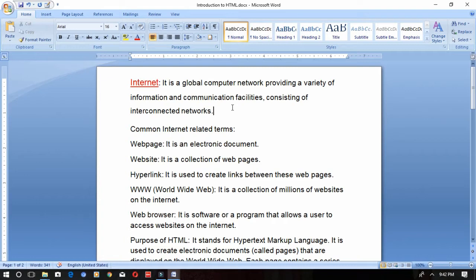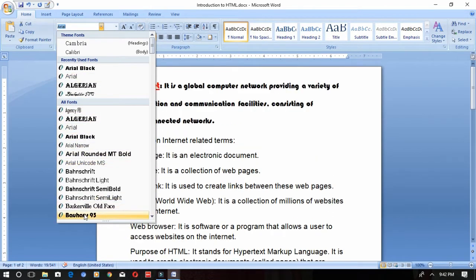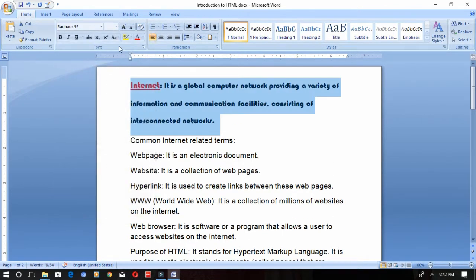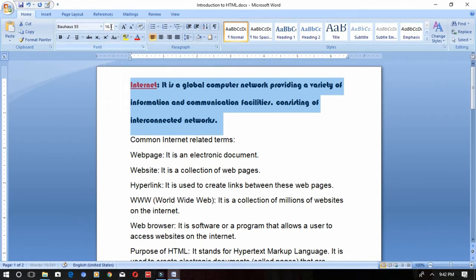Once you select it properly, then you can format it in any way. Now if I select only these three lines using the mouse, I can change my font type to any font I want. If you want to change the size of the font, it can be changed like this. See the numbers over here, 8, 9, 10. If you want a different size like 16.5, it can also be typed and changed.